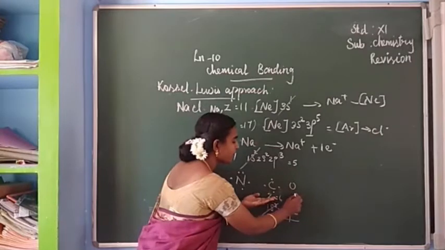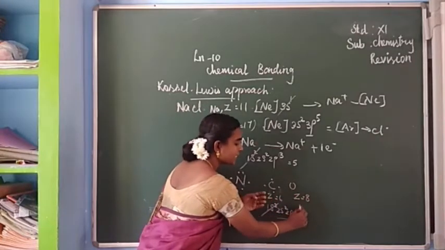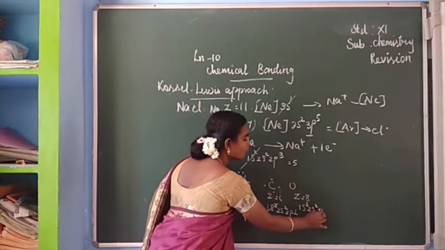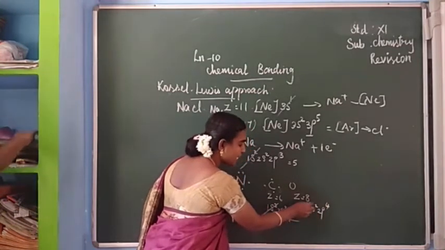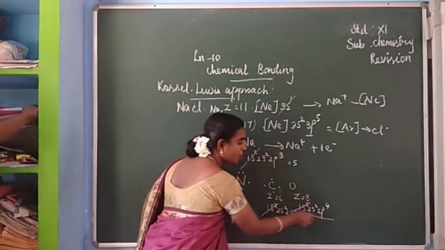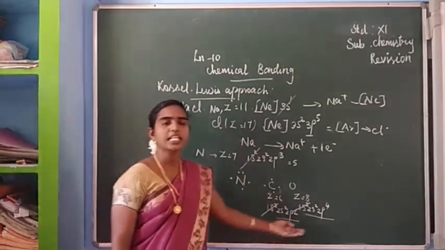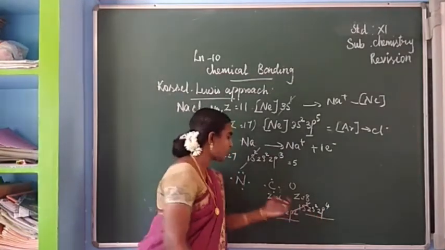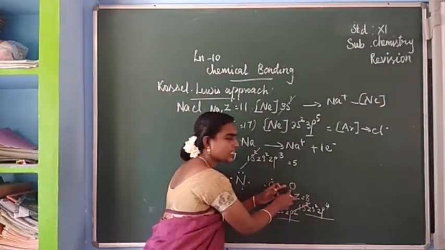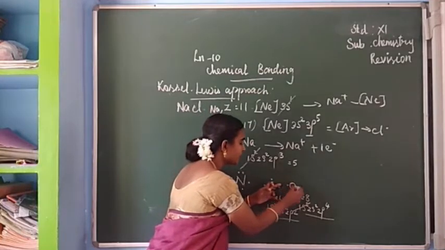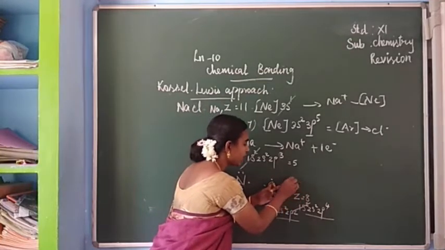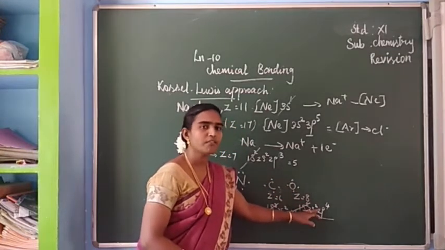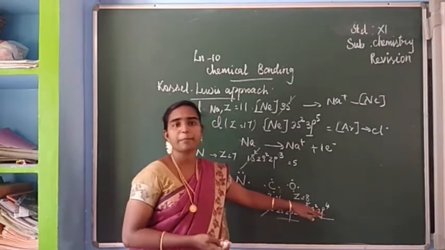Oxygen, what's the atomic number? That is 8. How we can write the electronic configuration? 1s2, 2s2, 2p4, isn't it? So leave this 1s orbital. Then how many electrons are present in valence shell? 6 electrons, isn't it? So how we can represent the 6 electrons? That is after writing this oxygen symbol, 1 here and 1 this side and 1 this side and 1 this side. So totally 4. Afterwards, 5th electron onwards, we have to make it as a pair, isn't it?